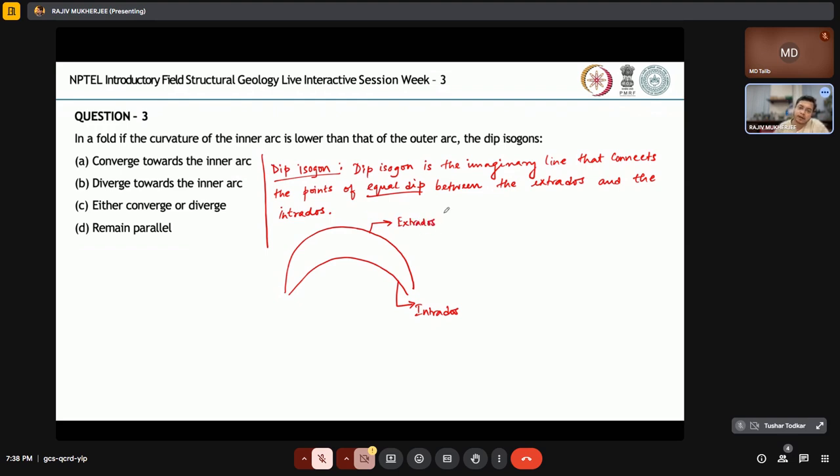The curvature of the extrados is greater than the curvature of the intrados. Okay. So if I draw the hinge line and then select different points, say for example at this point, this is dip alpha and this is also dip alpha,